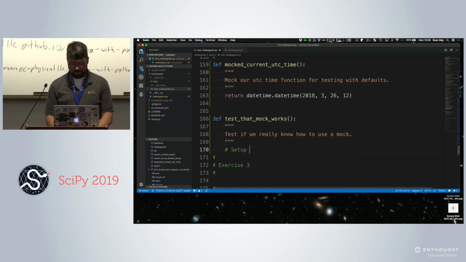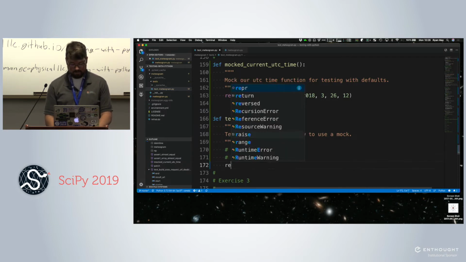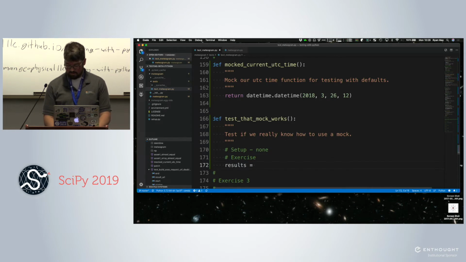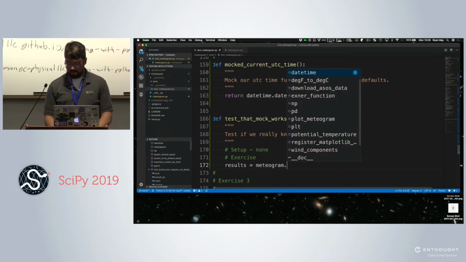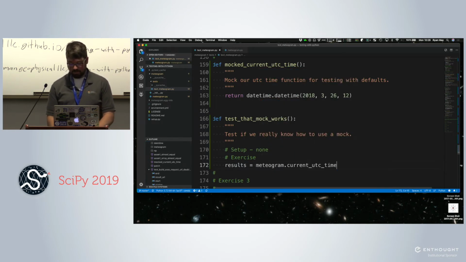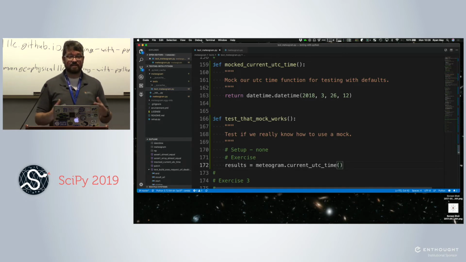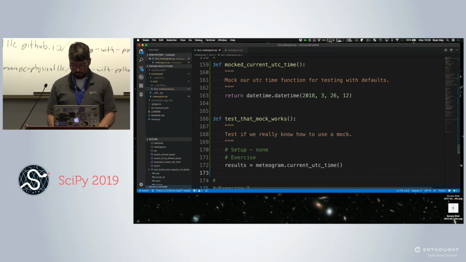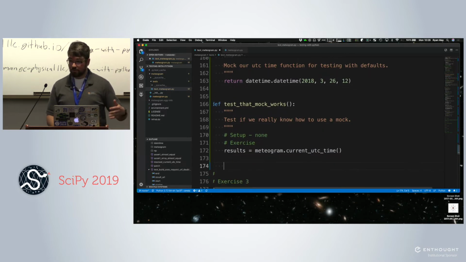Do we have any setup? Nope. Exercise. We say result is mediogram dot current UTC time. So we're calling the thing from mediogram that we're going to be replacing with the mock. This is simulating a user or our code calling that function.